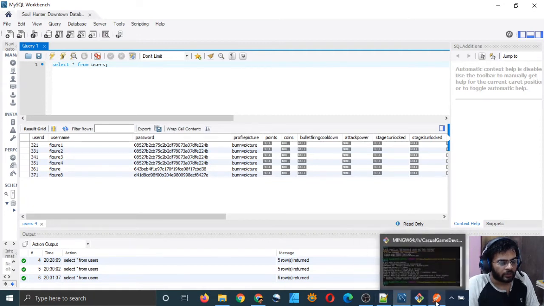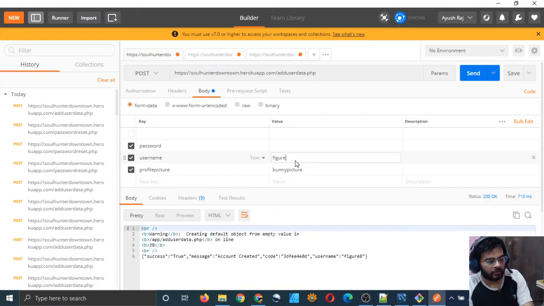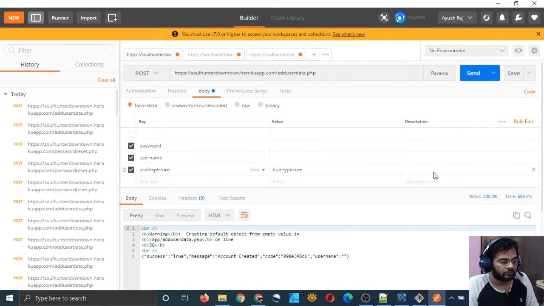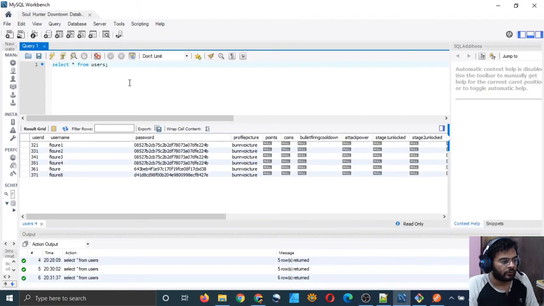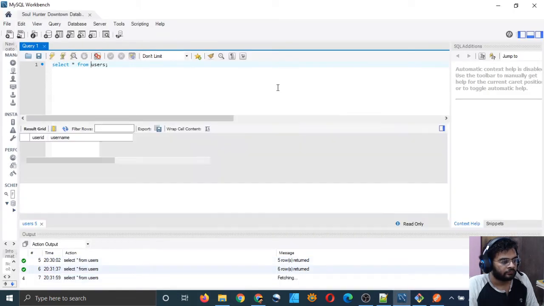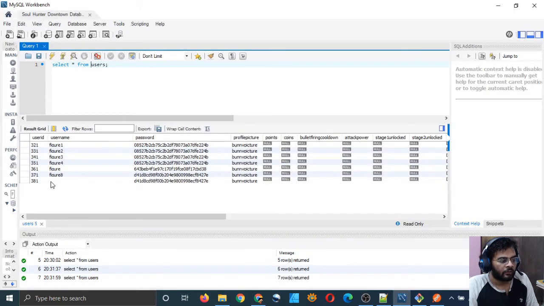And that's not good, right? Because anybody can just leave the username field null and send, and the account is created. See, I have created an account for username null, no name, just blank. And if I create another account with the username null, will it be created?